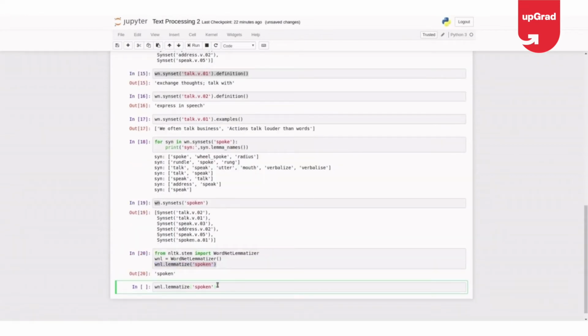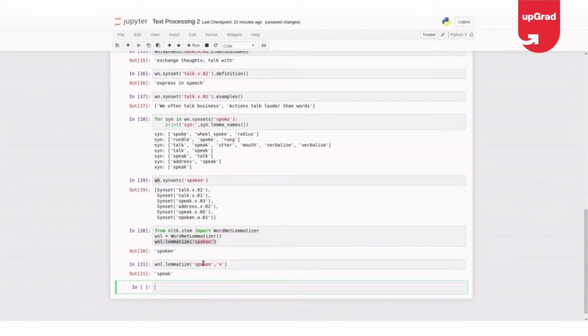How do I do that? Say it's a verb. So now I got the lemma of the verb spoken is speak. So here it's a noun, it's a verb. It's a little tricky here where you need to give the POS info to the lemmatizer if you want to get the exact synonym or lemma of it. Okay.